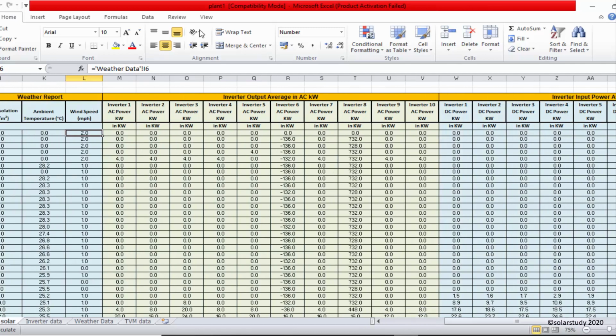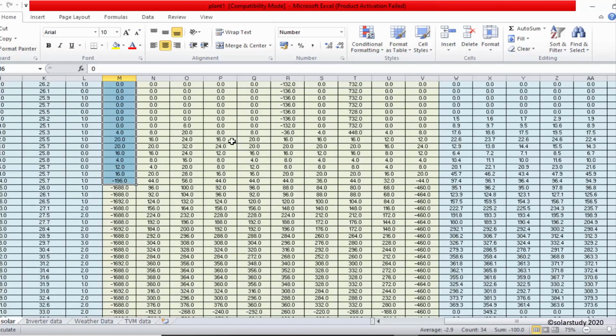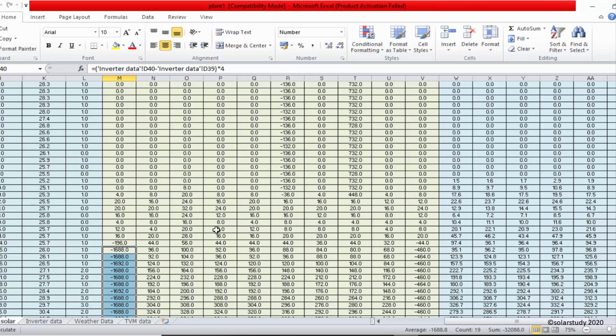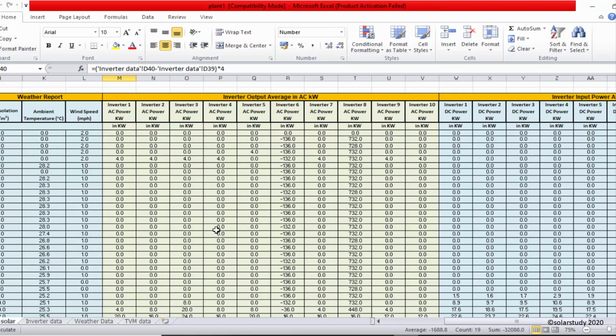See, this is inverter power. Here in this power plant we can see inverters 1, 2, 3 up to 10 are present. Each has a kilowatt rating, maybe 10 kilowatt or 100 kilowatt, depending on the rating of the inverter, and they get the output. At night time there will be no radiation, so it will be 0. At some points it shows negative, it's okay, that may be a mismatch in the scale of the data. We are just analyzing demo data, no problem.